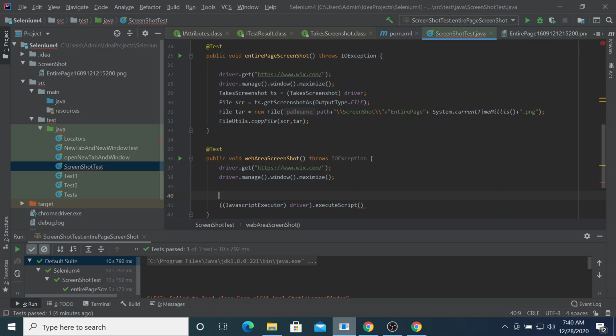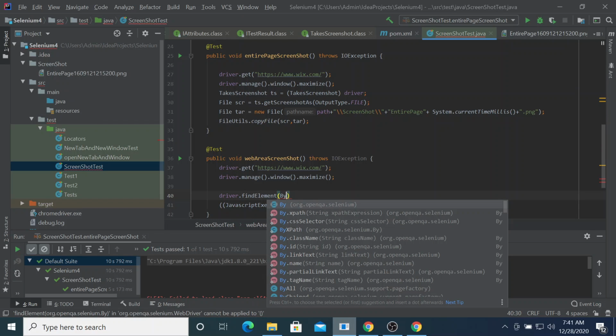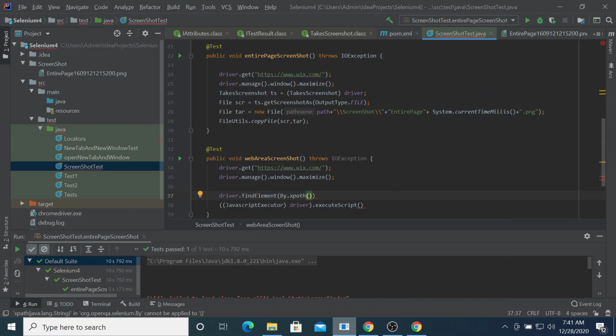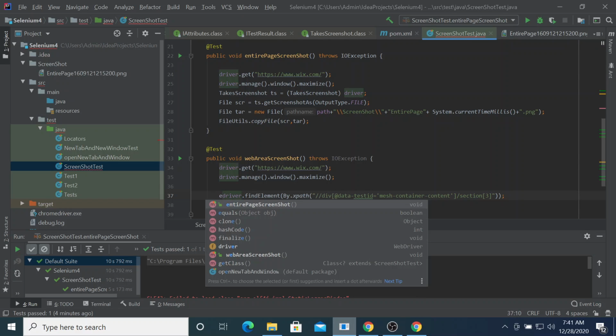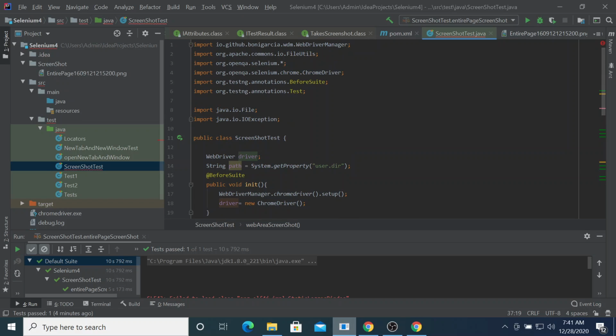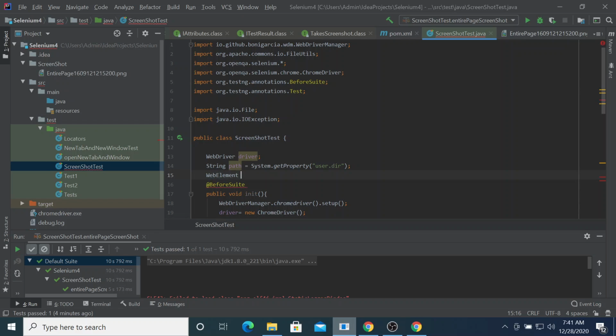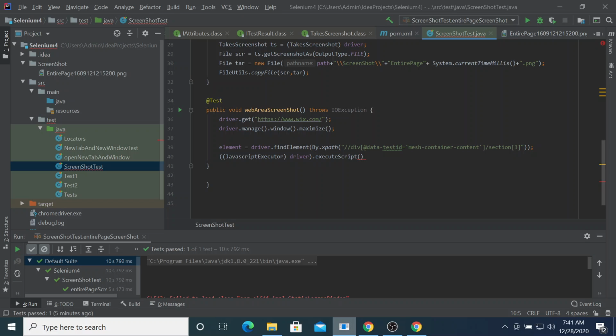Before that I will define driver dot findElement by XPath. I will copy that XPath which I have copied and assign it to an element. First I need to define that element on top of my class as a WebElement. Since I need to pass two parameters, one is the string arguments,